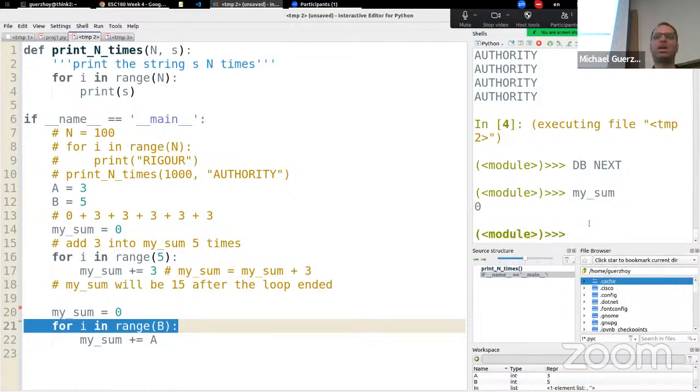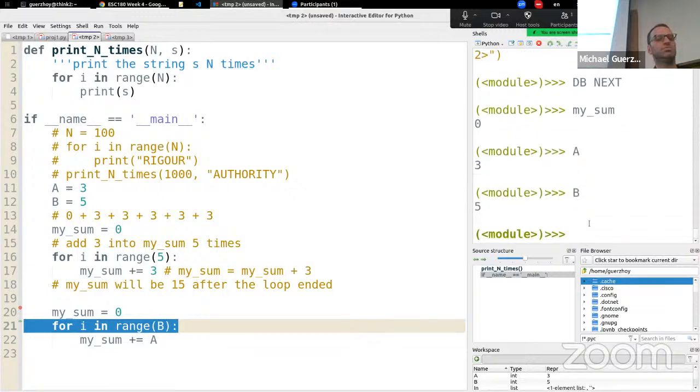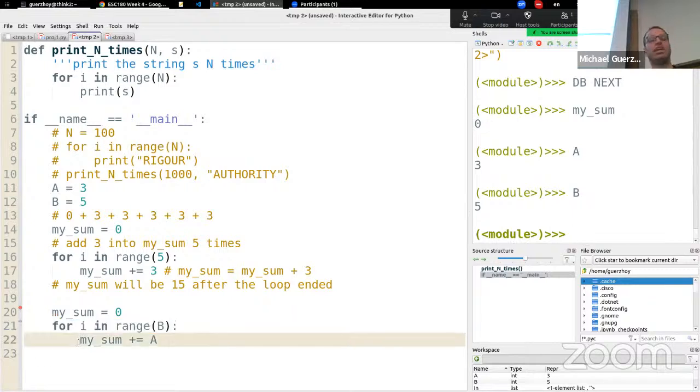So my sum currently is 0, A is 3, B is 5. And here what's going to happen is line 22 is going to get repeated 5 times, because we say for I in range B, that means repeat this block 5 times. So the first time we were over here,